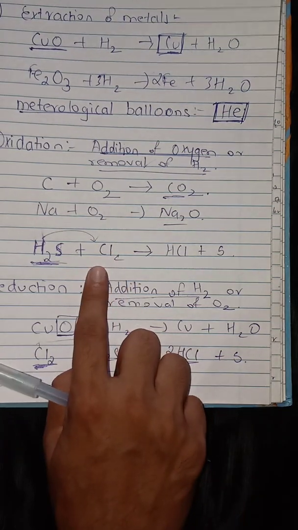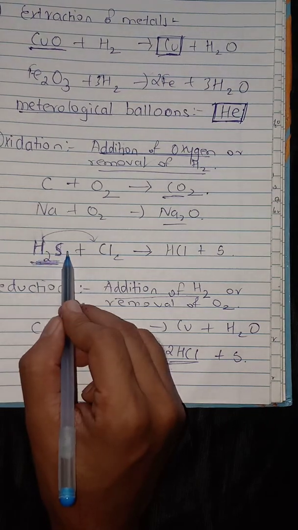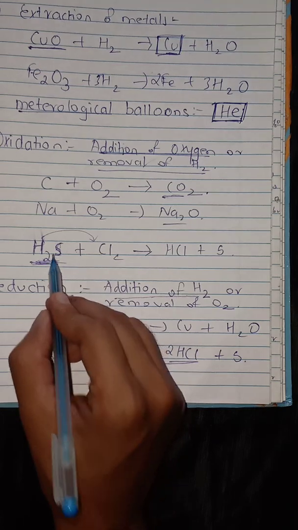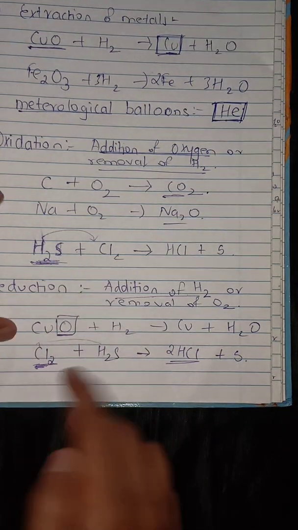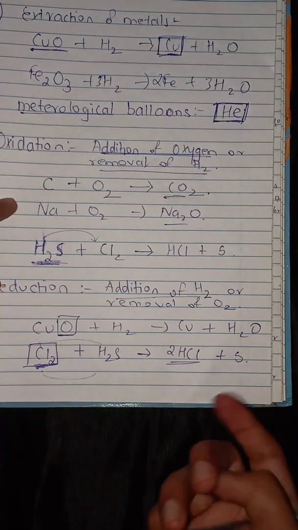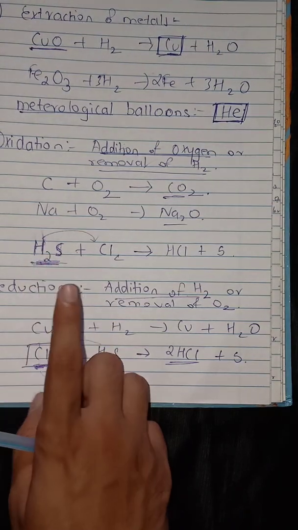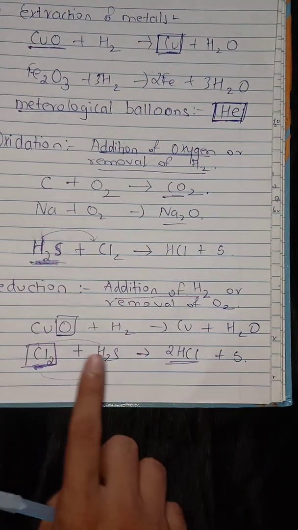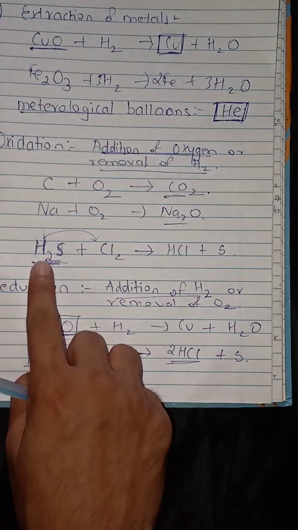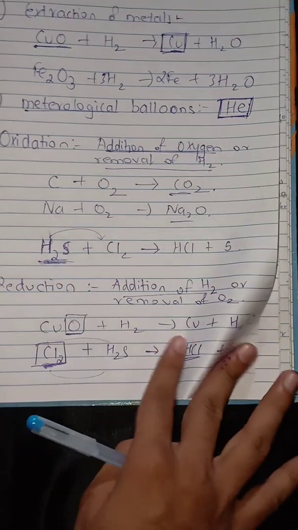But in the same case, in this H2S, this hydrogen got removed. I can also say it like this: in case of chlorine, hydrogen got added, first case. In case of hydrogen sulfide, the hydrogen got removed. I can say it both ways. Here I said added, in this hydrogen has been added and here the hydrogen got removed. Okay, so oxidation and reduction.